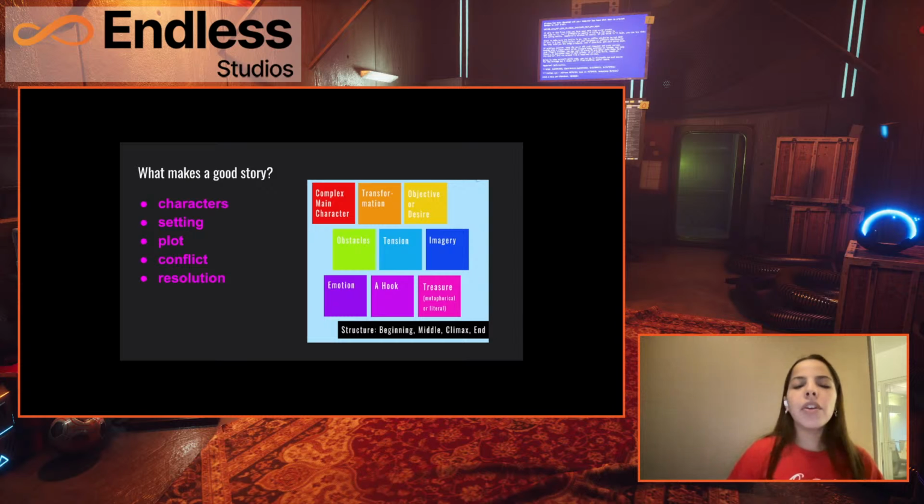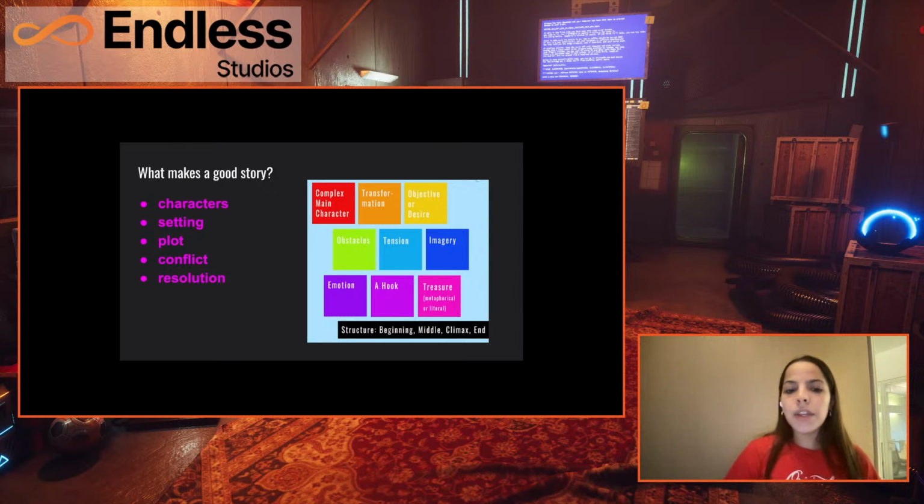And depending on each person, they're going to break down these pillars into more specific segments, such as in the image on the right, where you have a complex main character, transformation, an objective or desire. There's typically obstacles and there's tension. And if you're presenting things visually, there's imagery. Even descriptively, there's going to be imagery.